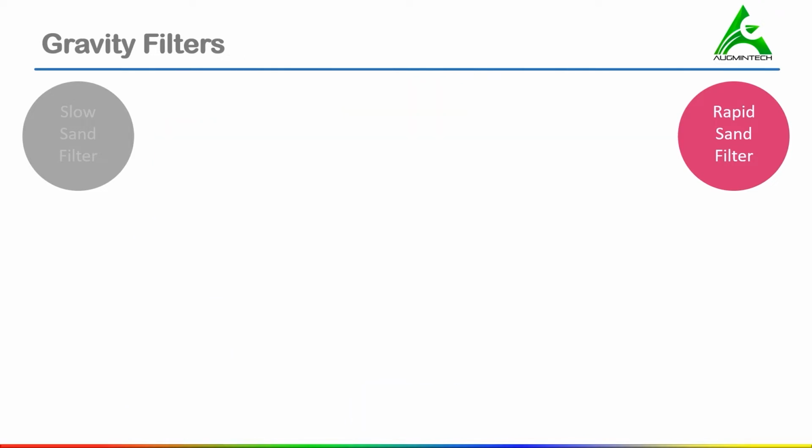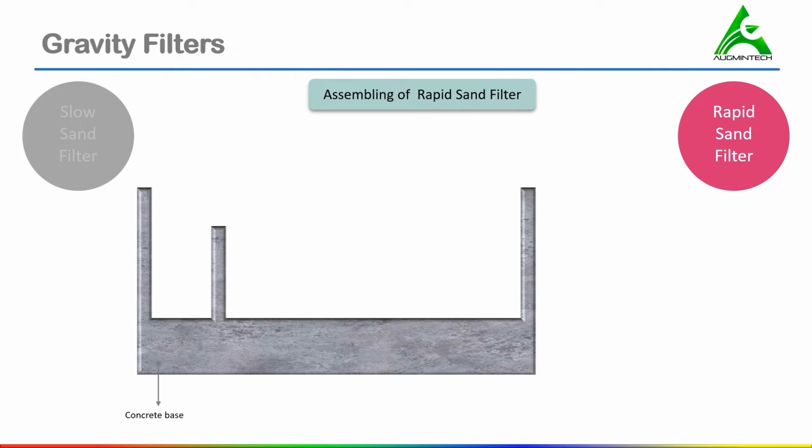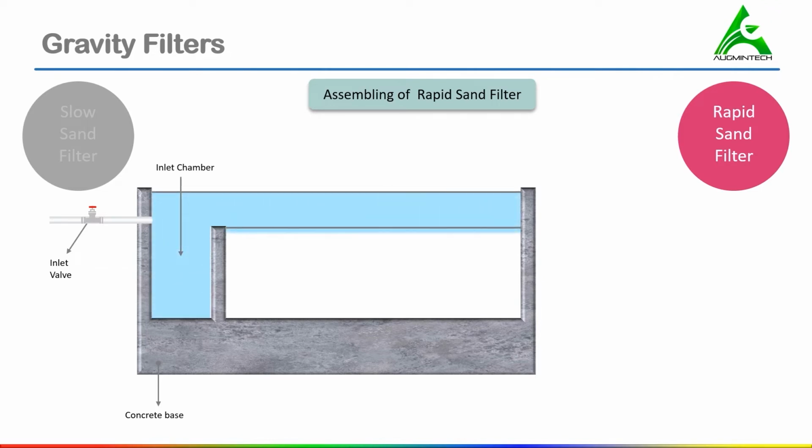So, now we are going to assemble these components of a rapid sand filter. Here we have assembling of a rapid sand filter. When we assemble these components, firstly we'll have an enclosed tank with concrete base with inlet and outlet arrangements. For inlet arrangements, an inlet chamber with the inlet valves and pipelines is constructed for admitting the effluent water from the sedimentation tank without disturbing the sand layers of the filter media and to distribute it uniformly